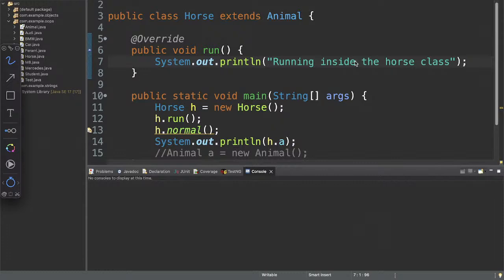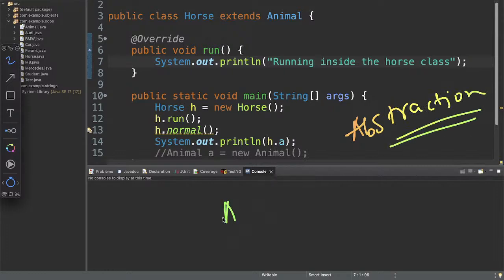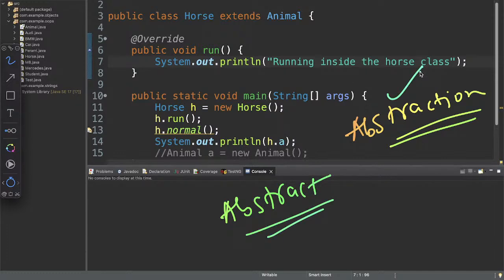So in a previous session we started with abstraction. We saw how we use abstract class for achieving abstraction. Now we know what abstraction is and what its purpose is, correct? Yes. So now we know how to declare an abstract class. We had declared an animal class as abstract, and how to use it, correct? Alright. So with abstract class, what was the functionality that we got for achieving abstraction was we can